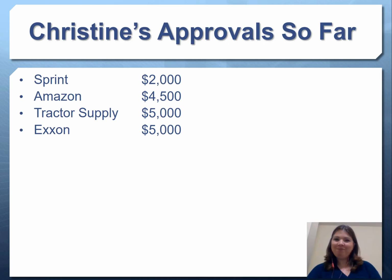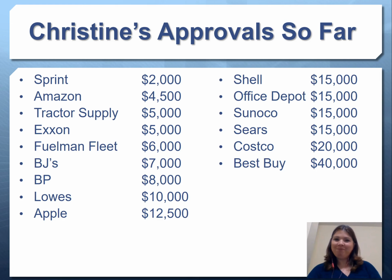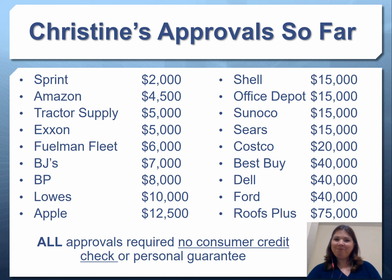So here's a real example of what this looks like. Here's a real client who uses the finance suite, and she has obtained all these actual approvals. So you can see what's possible, from $2,000 at places like Sprint, T-Mobile, other phone sources, $4,500 at Amazon. Remember, Walmart is also another great source where you can buy a lot of different types of things. $5,000, $6,000, $7,000, $10,000, $12,000, and you can see how diverse the credit is, from getting $12,500 at Apple to getting $7,000 at BJ's, which is a Visa card that you can actually use anywhere. You could use this BJ's credit card at Costco even if you wanted to,